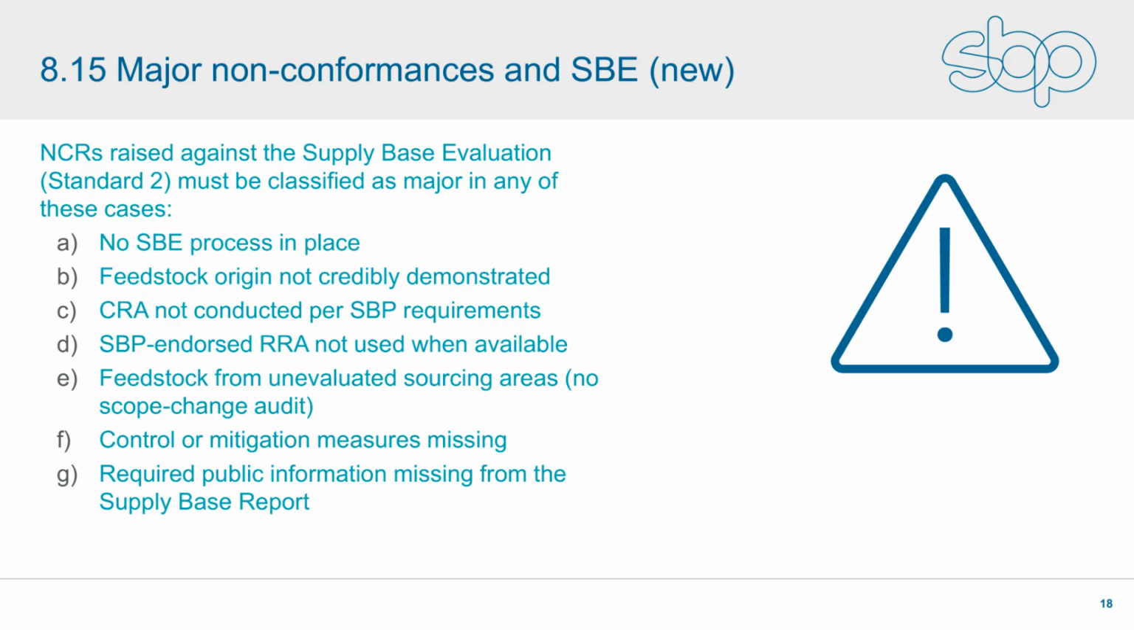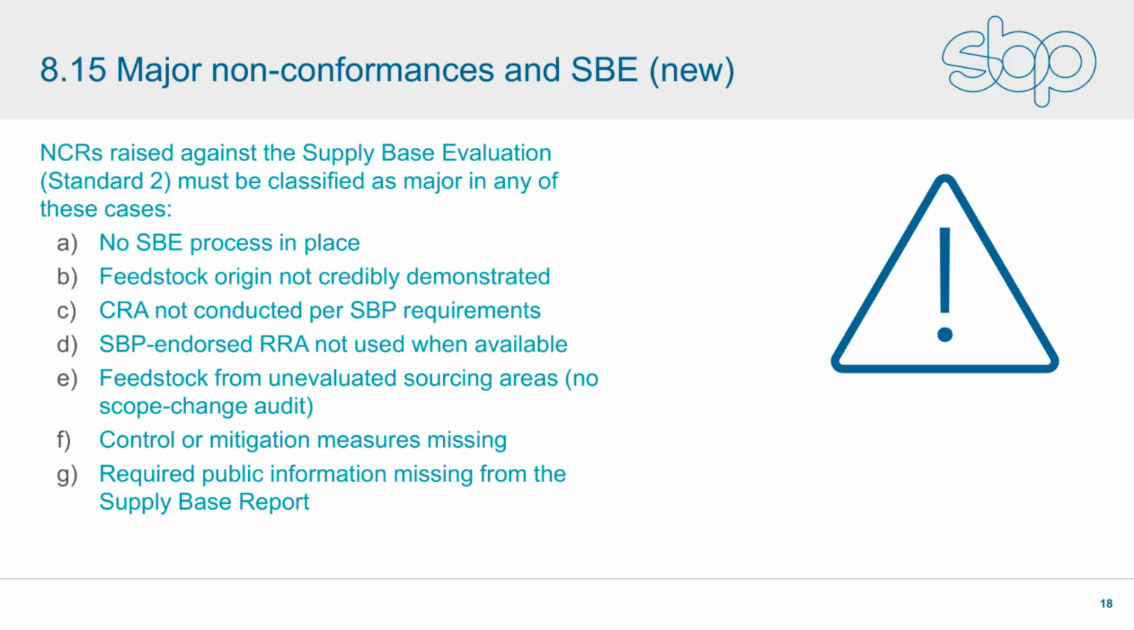major non-conformance. Second, if there is no credible or verifiable evidence of where the feedstock actually comes from, that's also major. Third, if the biomass producer's own risk assessment, the CRA, has not been conducted in line with SBP requirements, that's major. Fourth, if an SBP-endorsed regional risk assessment exists for the area, but the biomass producer hasn't used it, that's a major finding. Fifth, if feedstock is being sourced from areas that were not part of the evaluated supply-based